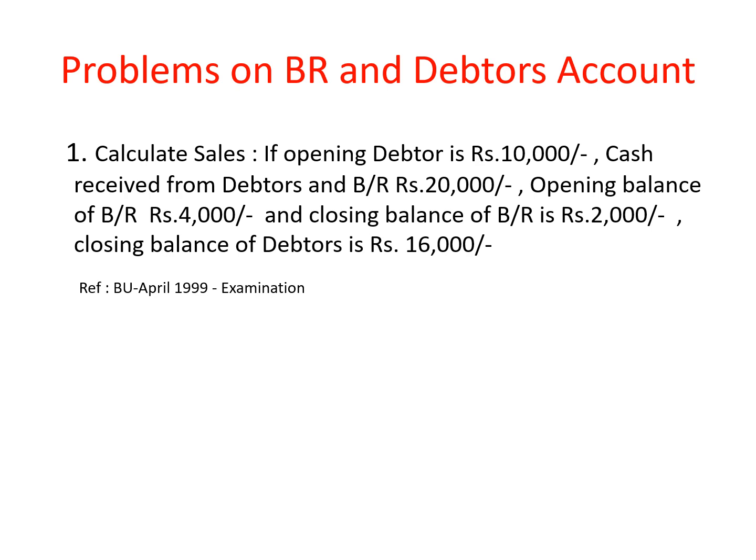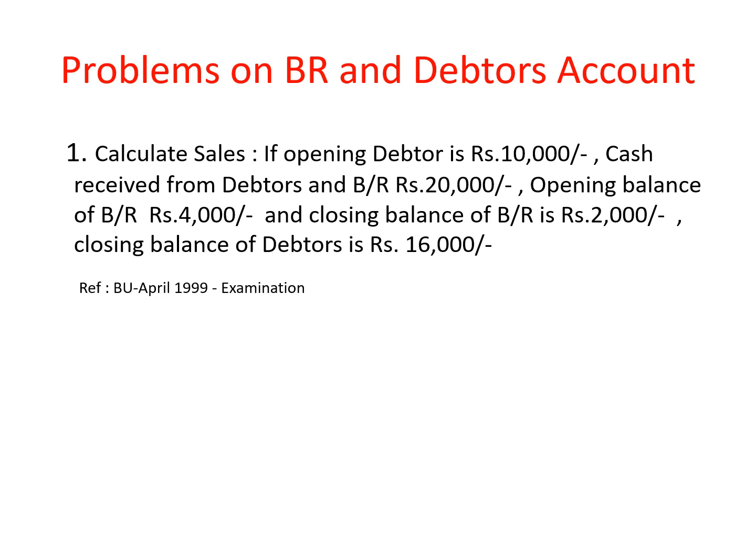So here opening debtors given is rupees 10,000. This will go to debtors account towards debit side. So to balance brought down rupees 10,000 should be recorded in the debtors account. Second item is cash received from debtors 20,000. So in debtors account credit side by cash 20,000. So cash received will be recorded on the credit side. Similarly, amount received from BR is also 20,000. This will go to BR account as by cash account. So in BR account, cash received will come towards credit side.